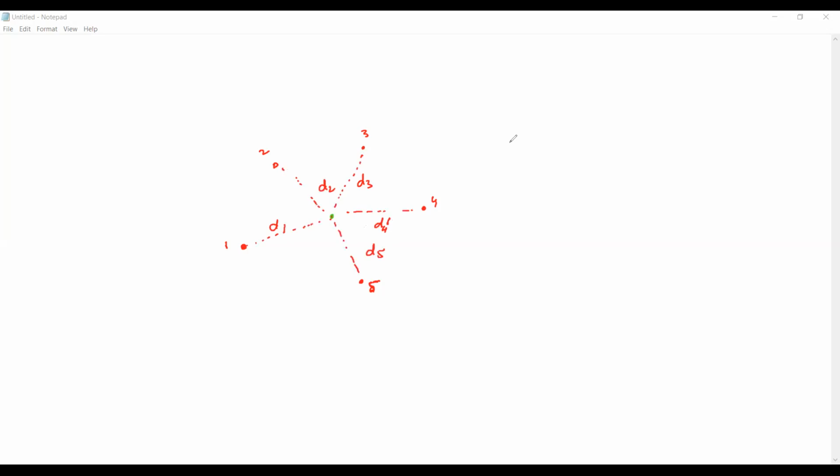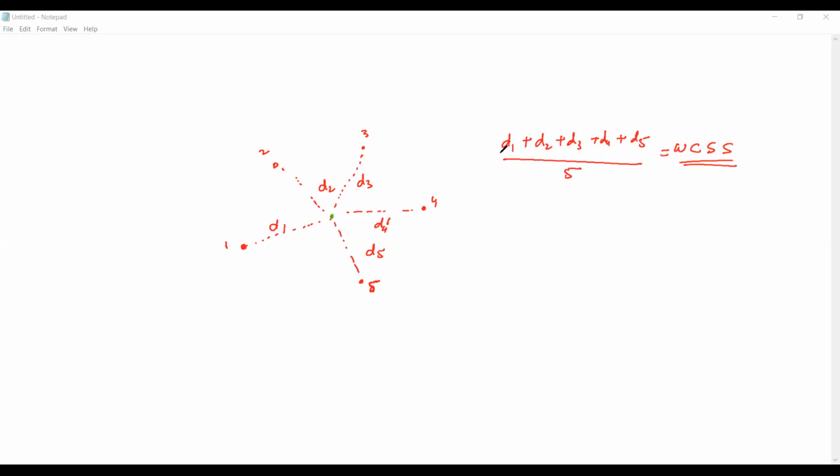Now what will you do? d1 plus d2 plus d3 plus d4 plus d5 and then divided by 5. So this will come, this is your within cluster sum of square. Now since in your whole data set there was only one cluster, this is your final value.